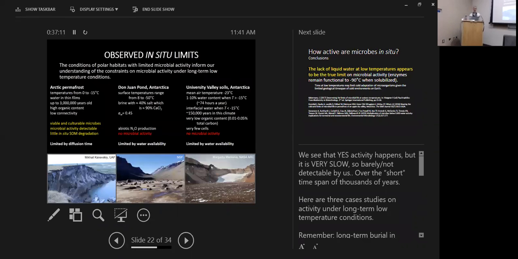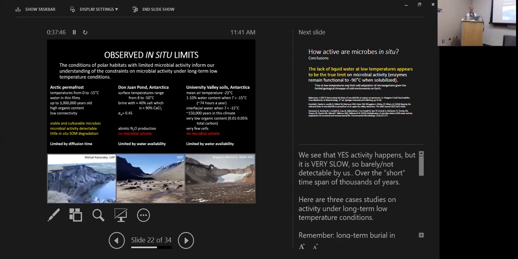And here I've got 3 case studies where we go to the environment itself, which has been under these low temperature conditions for a long time, to try to get a feel for whether or not microorganisms can handle these conditions. Okay, I'm going over time. I'm going to be a little long, so I'll try to get moving. Arctic permafrost doesn't experience, actually at depth, temperatures lower than about -15, so it's not the coldest place to look at this, but